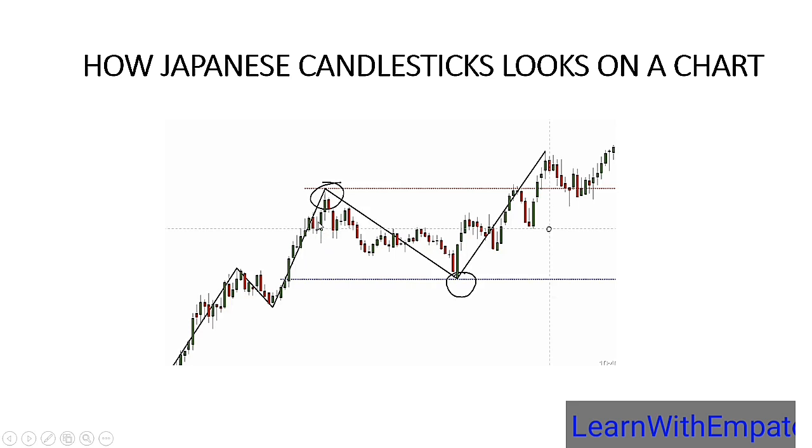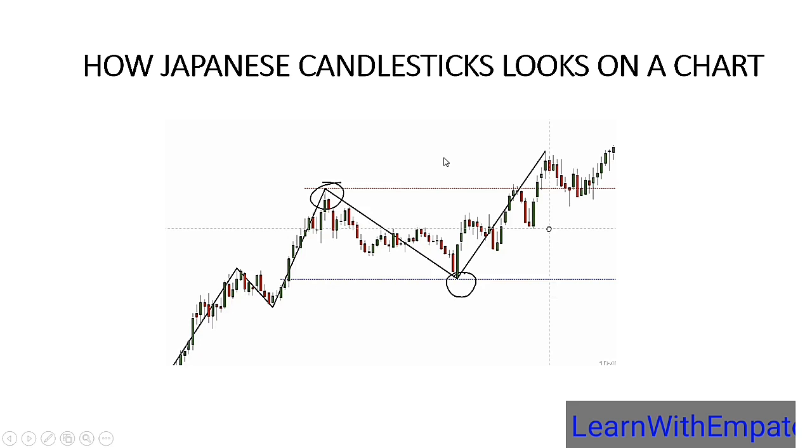So you can see here all these candlesticks are not similar to each other. There are some that are very tiny, some that have long shadows. So these are the different kinds of bullish and bearish candlesticks being formed on this market. But what I was just showing you was the anatomy of the bullish and the bearish candlesticks. So you can see this one is shorter, this one is longer. There are different types here: the doji, the hammer, the 3 white soldiers, the 3 black crows. You can see them all here. When I go down to teach you the different kinds of candlesticks, you will understand it better.